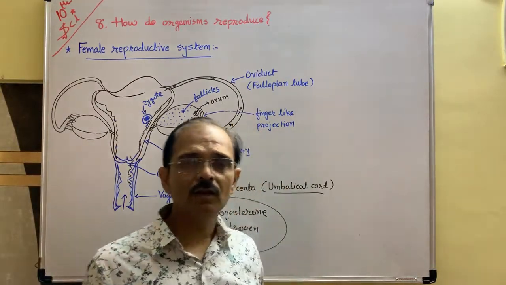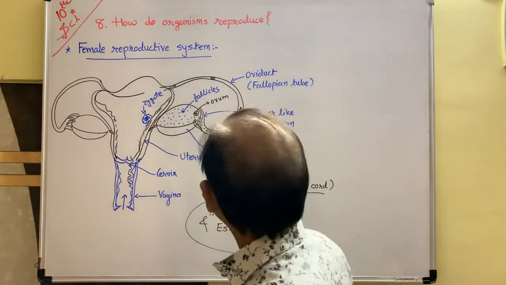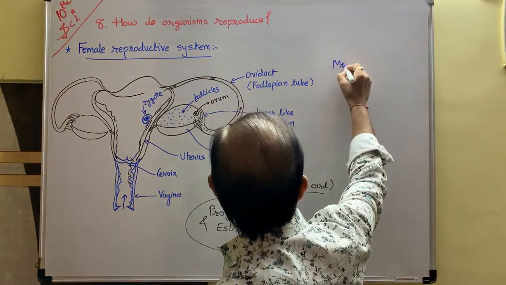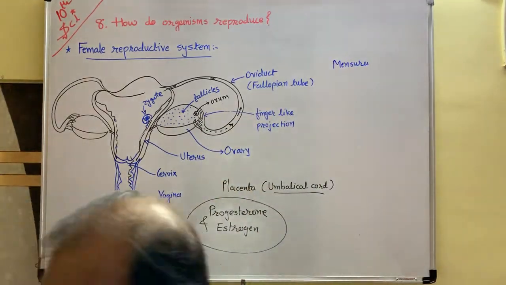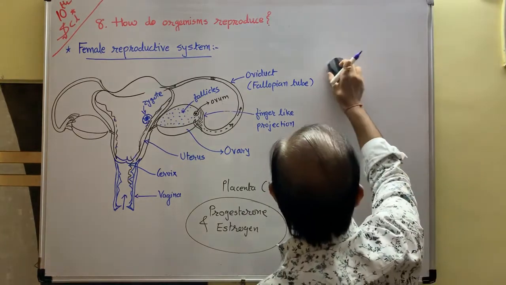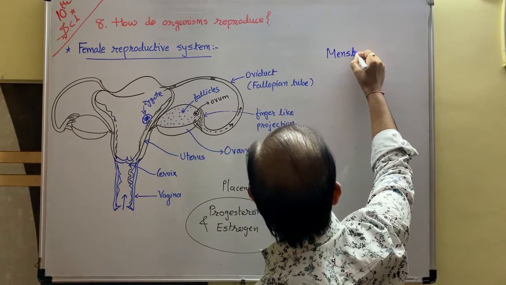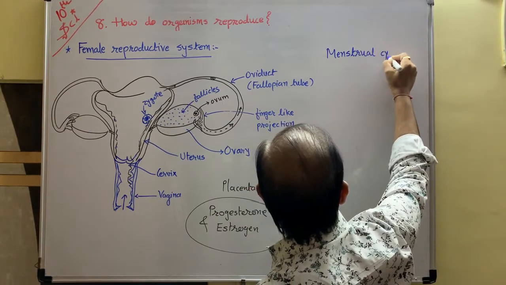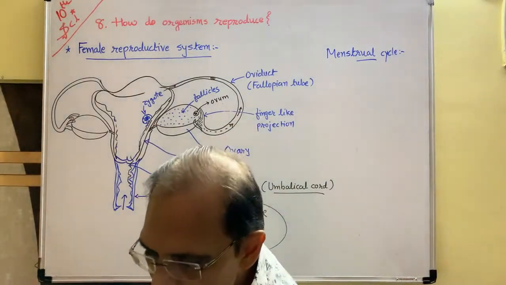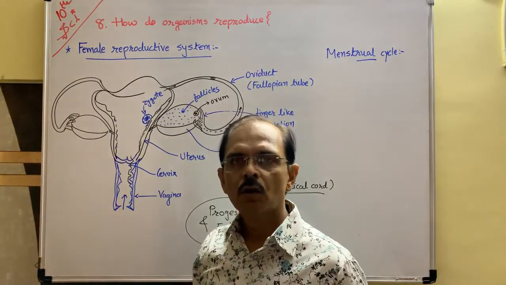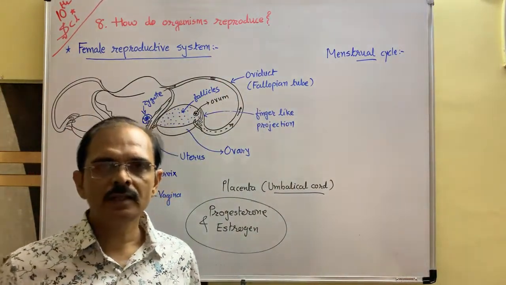Now, second topic is what? That is menstruation. What do you mean by this? Menstruation, or called menstrual cycle particularly. Here we discussed that if sperm meets the ovum, or if sperm fertilizes the ovum, then what happens? Right? Suppose